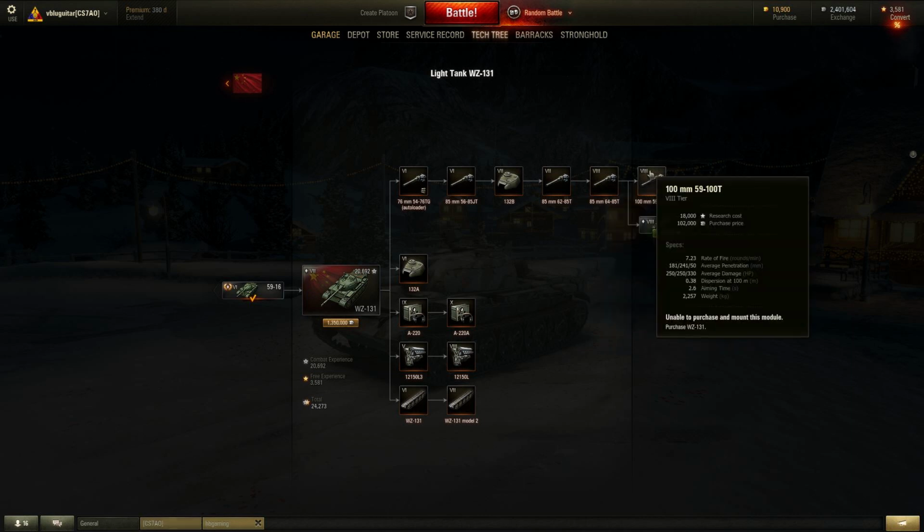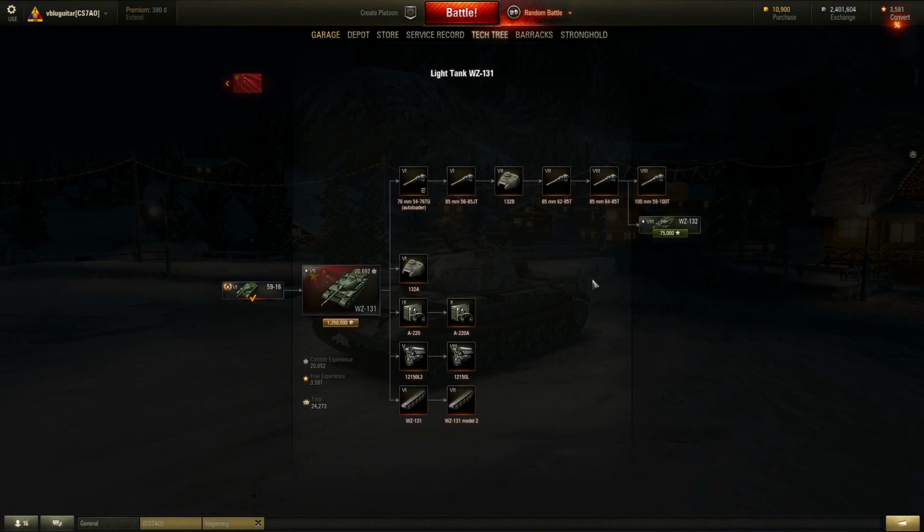3.6 on this gun. Longer aim time of 2.6. That makes it a little bit difficult because with a scout tank, you want to be in and out. So if you're into the in and out and shooting on the run and stuff like that, this is a better gun. But anyway, we're not here to talk about the 131, but I just wanted to show you the comparison is